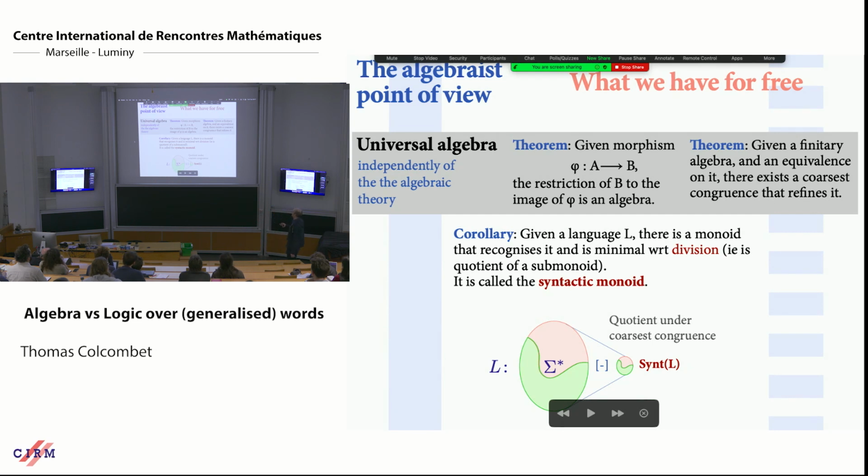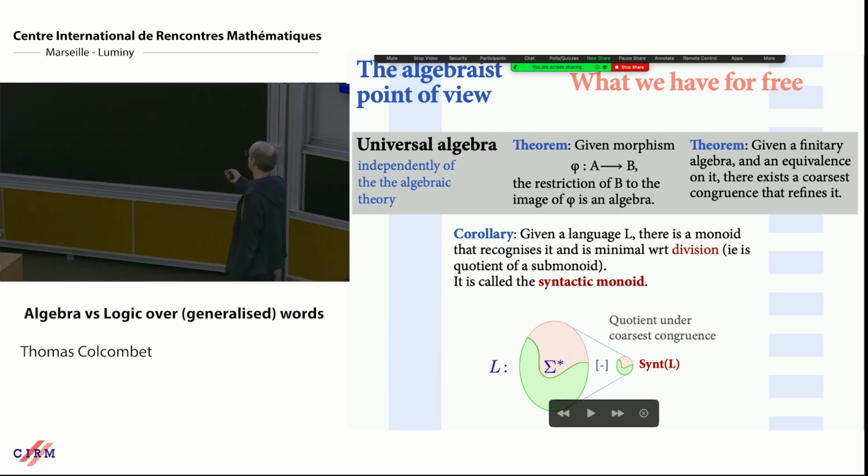And now, the other theorem, I will not do it, but it's to prove that it's minimal for division. So you should imagine that you have another monoid that would recognize the same language. Then you would discover that it induces some congruence on the set of words. But this congruence here is the coarsest one, so it has to refine the equivalence relation of the language. Because this one is the coarsest, it has to be finer than it, and so on and so on. And then you pack all this together, and you get that it is minimal.